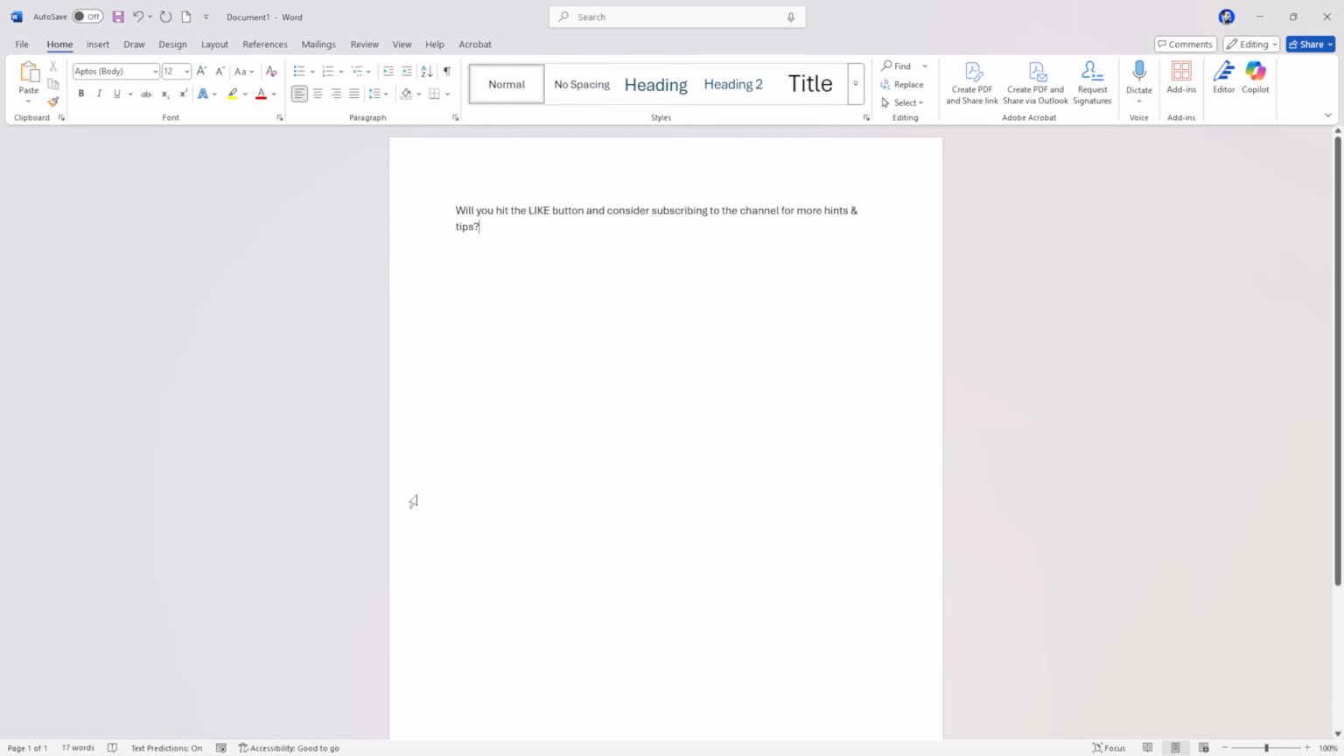Today, guys, I'm going to show you the 3 best keyboard shortcuts that are going to completely change how you work on your computer forever. Let's get started. Okay, guys, so I'm just here on my desktop and I have this blank or almost blank